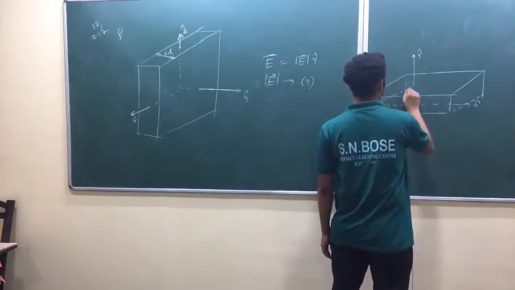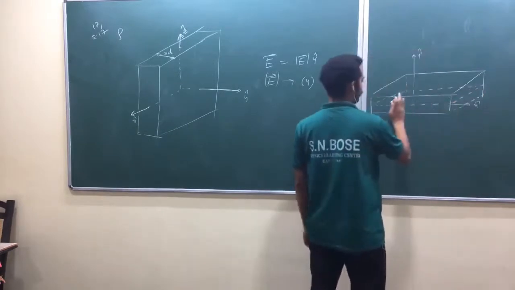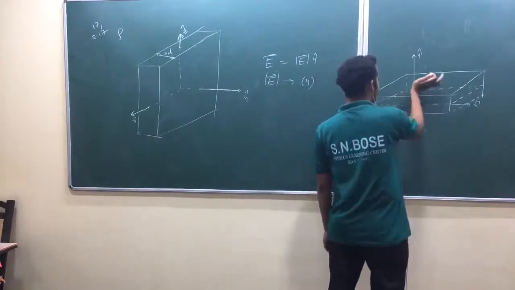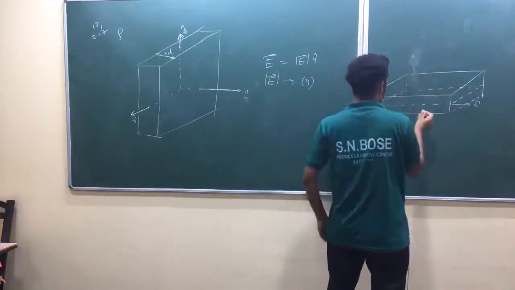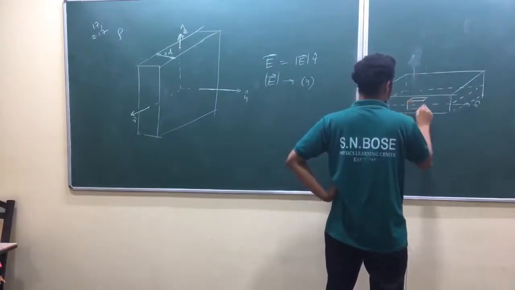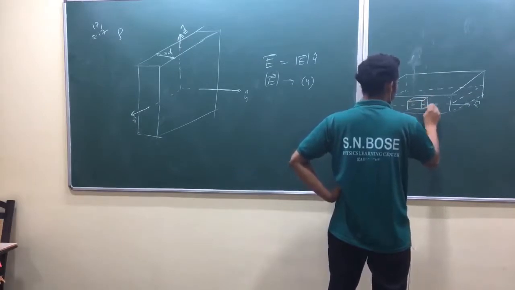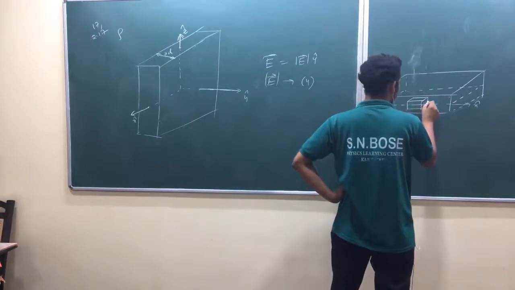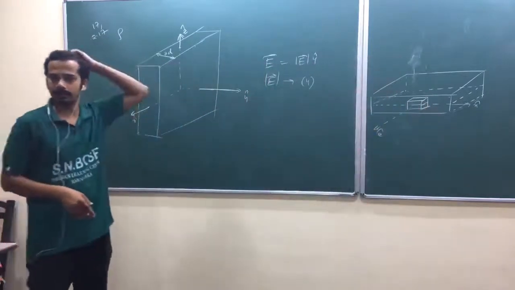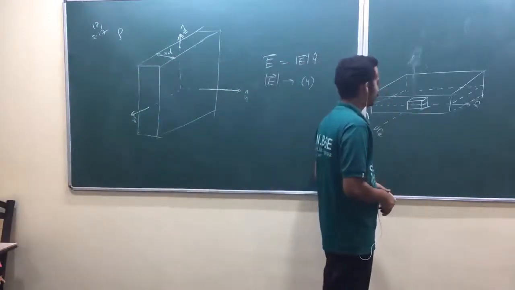So that's why in the solution manual, he has given a cross-sectional view. Now what I do here is I am going to run my Gaussian pillbox so that it will be very symmetric. I think he might have run one side of the Gaussian pillbox on the middle of that one, other side above that one, but let me run it symmetrical. You can do it in any manner.